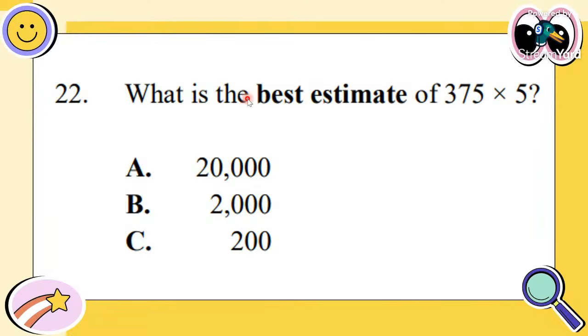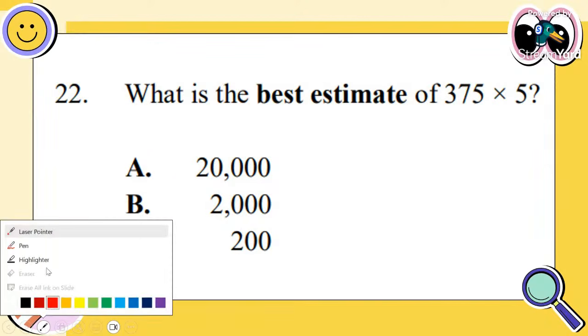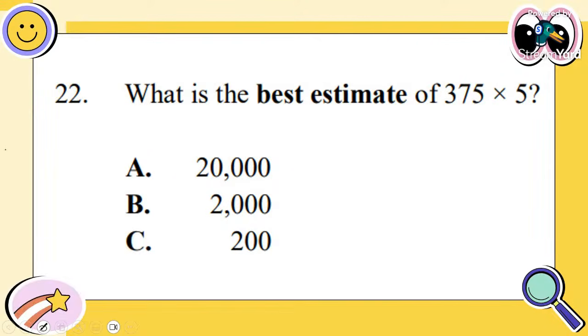All right. So now, because we have 375 times 5, we could just say 375 is close to 400. And because 375 is close to 400, and it's easier to multiply 5 by 400, we can easily come up with a good estimate. If we were supposed to do this mentally, in your mind, you would be dealing with a lot of different numbers, big digits like 7 and so on. But if I round this off to 400, I can easily multiply it by 5. That's how we come up with a good guess.